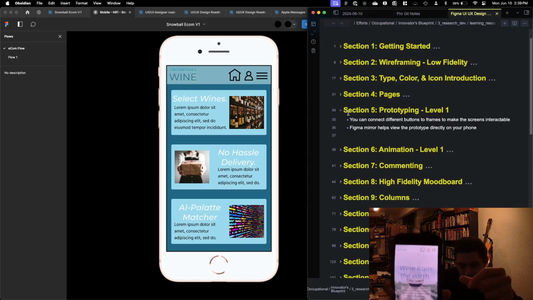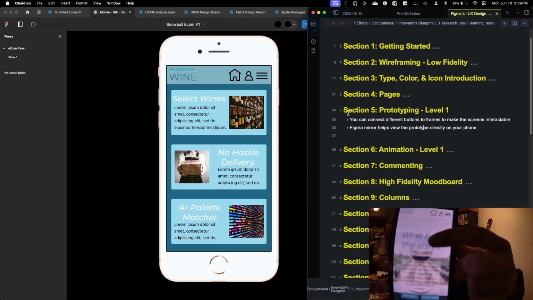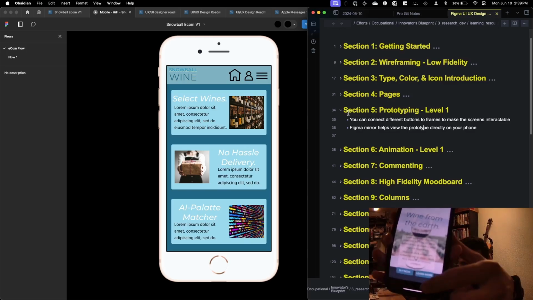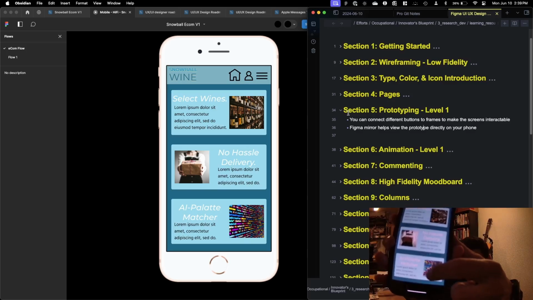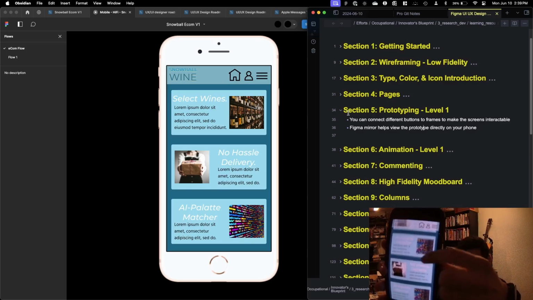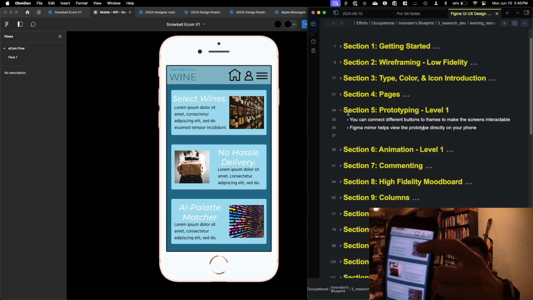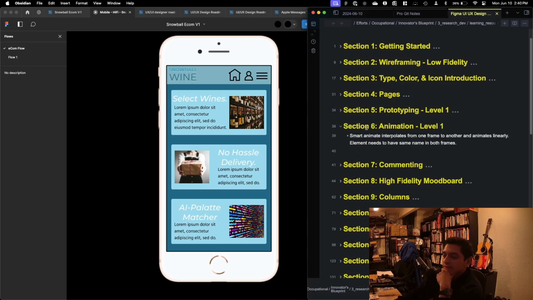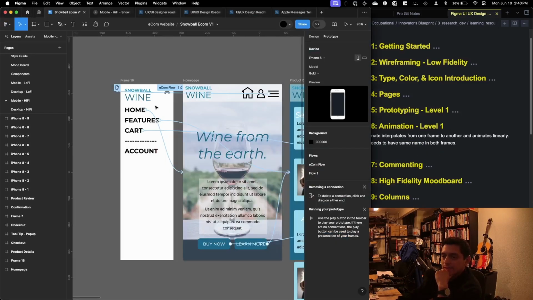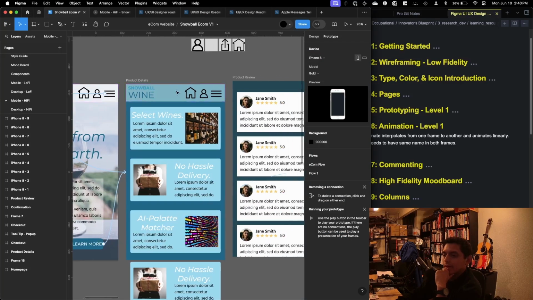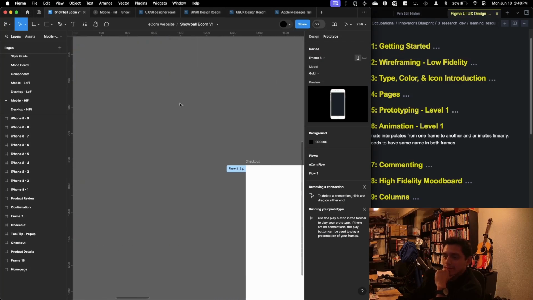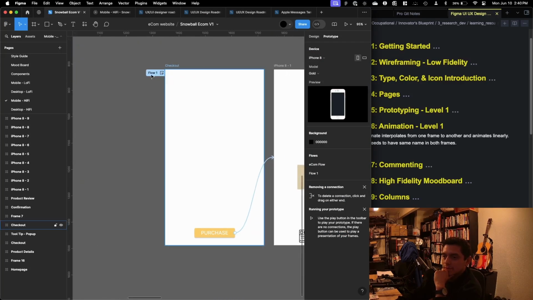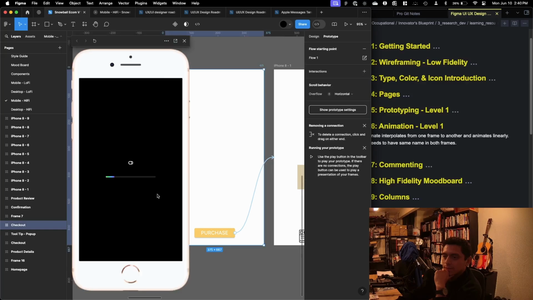If you can see here, when I click nowhere, we can see the same blue highlights show up, and then I can just interact with it as I would a normal app. So that's kind of cool. Now for animation, this didn't really do anything for me. What did I animate? Here we can see, for example,